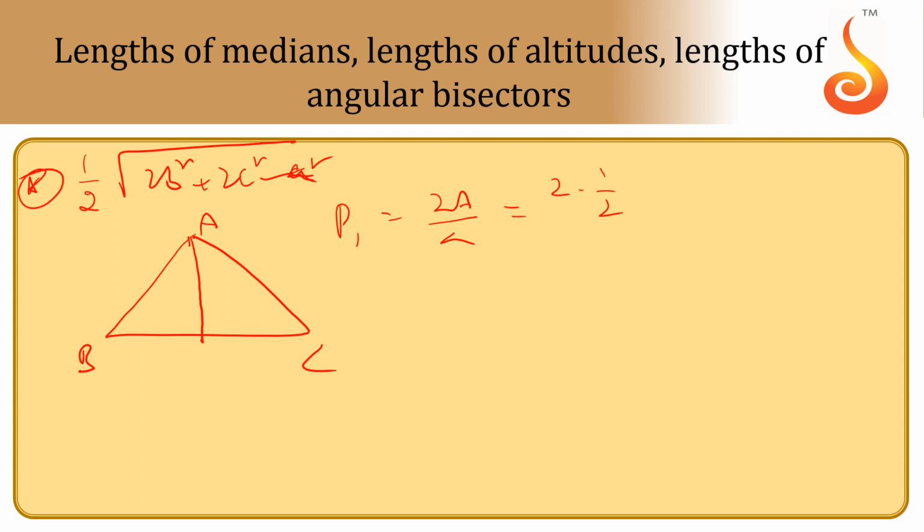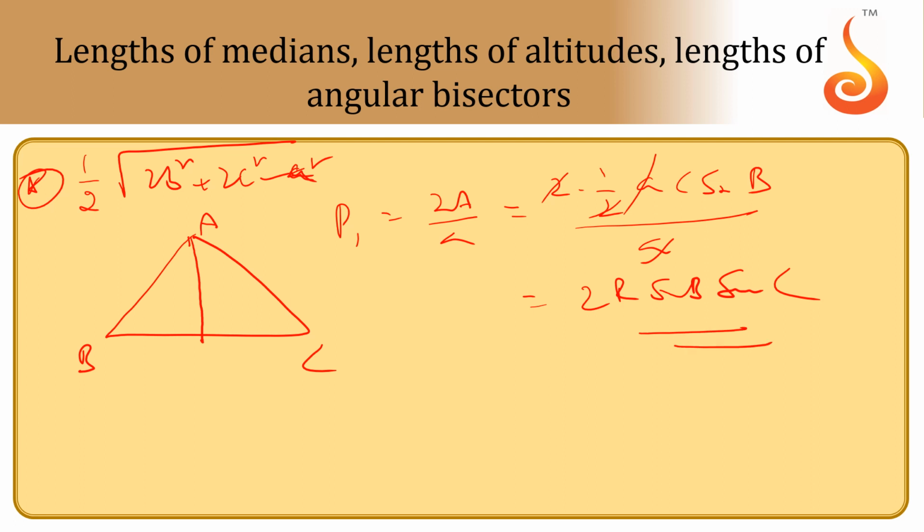Delta is nothing but half AC sin B; you can use this, and by A to cancel this, 2 C sin B. C you can write 2R sin C. So 2R sin B sin C. See, these are all different formulas you can generate. You should be able to generate. So the main thing: if you remember by heart, you can generate other formulas. And for the orthocenter, the parts of the altitude: this is AH, this length will be 2R cos A. The other part will be 2R cos B cos C, and the total length will be 2R sin B sin C. These are the altitude lengths.